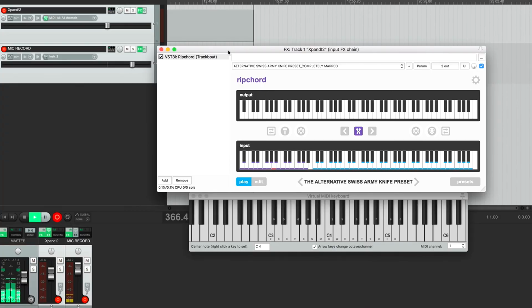Now I'm gonna put names of 10 other songs which I have not performed on the playthrough but can be played using the alternative Swiss Army knife preset. And they are